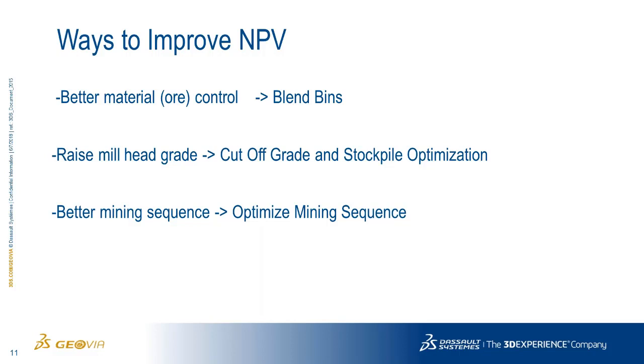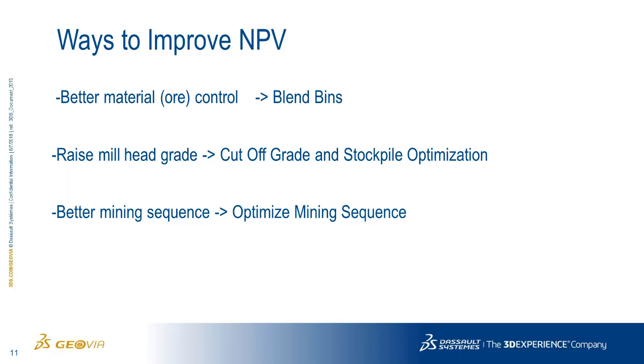So if we're trying to improve our project value, there's a number of triggers that are going to help us do that, okay? The first one is more of a preparation step that's going to allow the other tools to take over a little more. One of the key ways to improve the NPV is going to be a better control of material, particularly on the ore side, or a better classification, a little more precision on the different types of material. So if we can maintain a bit more definition of material and categorize different types of material differently, we're going to be able to better optimize what we should be doing with those subclasses. That's going to be called blend bins, and we'll see that in a second.